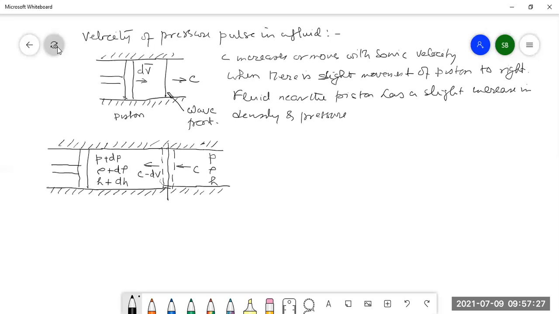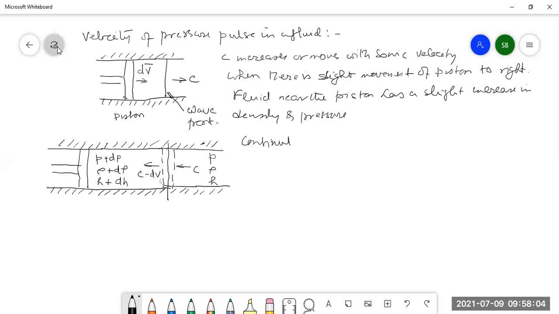Now, the fluid will steadily flow from right to left because the observer is moving with the wave front, so the fluid will pass through it and move towards the left. And through the wave front, the velocity is reduced from sonic velocity to a certain extent by dV. At the same time, the pressure rises to P plus dP, and density rises to rho plus d rho. So the continuity equation of the control volume will give us